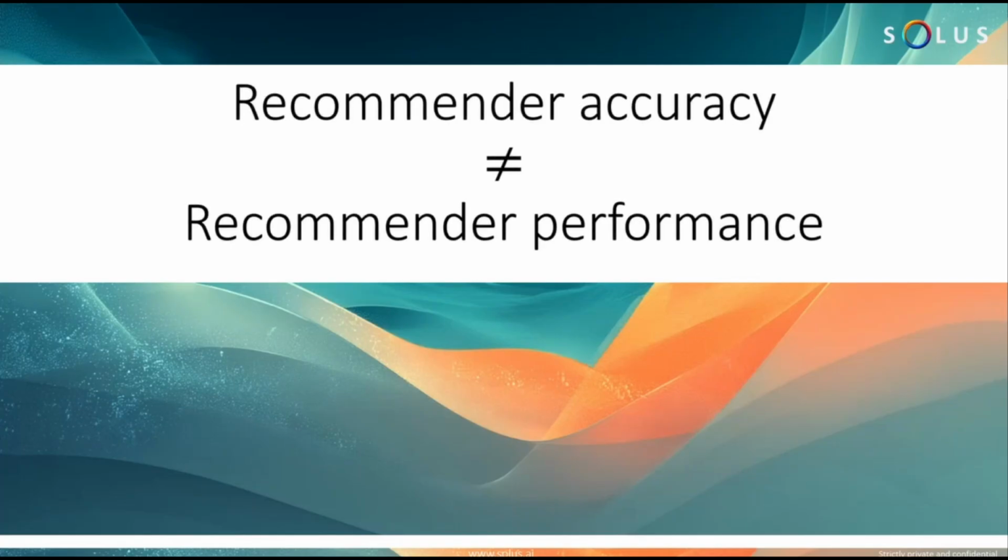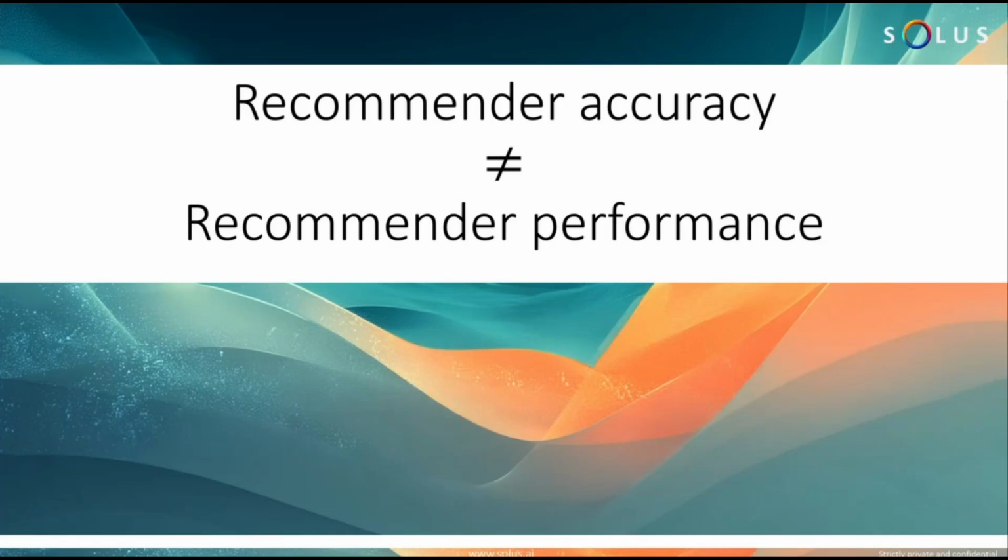The next thing I want to talk about is the idea that when you have a system, we can talk about how well the system does, but it goes back to the whole idea of an algorithm versus system. Recommender accuracy can be a very specific analytical sort of metric. We can talk about, hey, I recommended 10 items. Did the customer buy at least 2 of those? Okay. Or the customer bought 3 items, where at least 2 of those were in my recommendations. Okay. All of these are metrics that you can talk about, and these are very analytical metrics, and there are a variety of ways to compute.